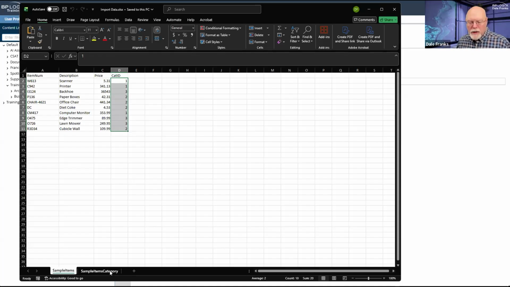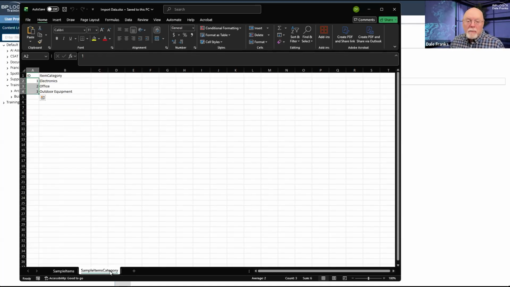Now, it may be that your data is unrelated, and so that doesn't really matter to you. But if your data is related, this is one of the best ways to get it in via Excel. Obviously, if you are accessing your database directly, those relationships should already exist and you don't have to worry about it.